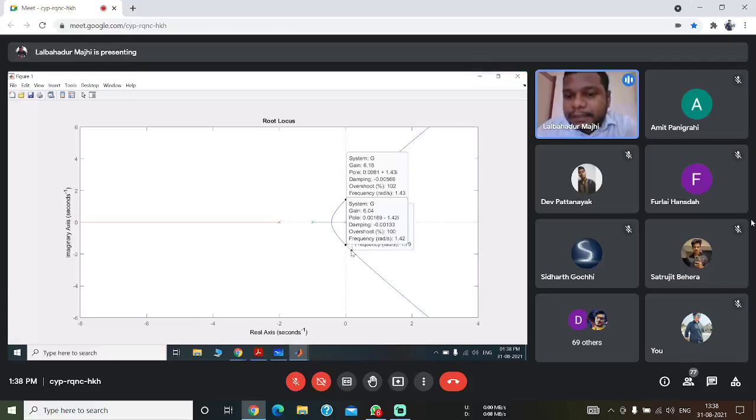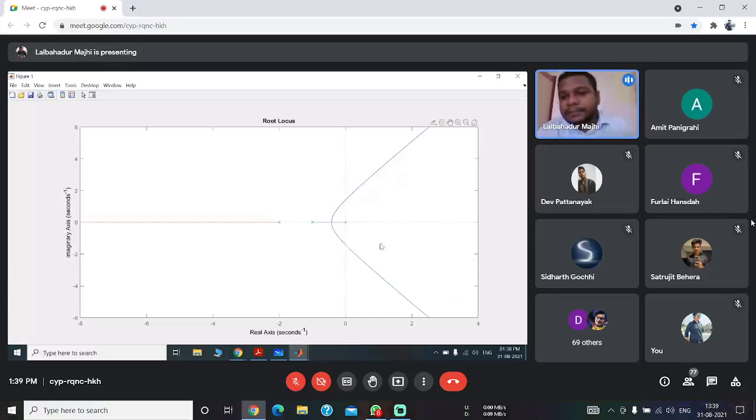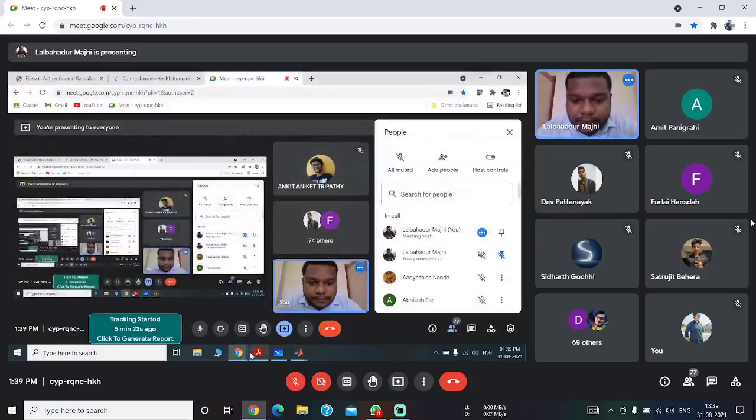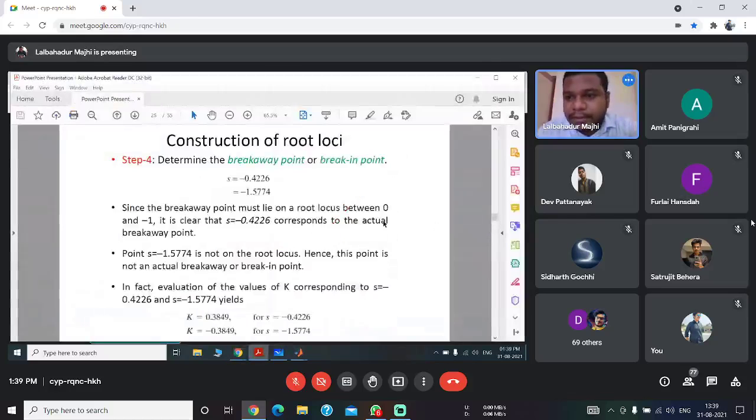Similarly, if we go on increasing, the value of pole will also change. Gain is 219 and the real part is 2.04. So we can say our system is unstable for this value of gain 219. If we give the gain value of our transfer function as 219, at that time our system will be unstable. Similarly, if we choose the value of gain 1.71, at that time our system will be stable. Is this clear? Okay. So let's move to the construction of the root locus.